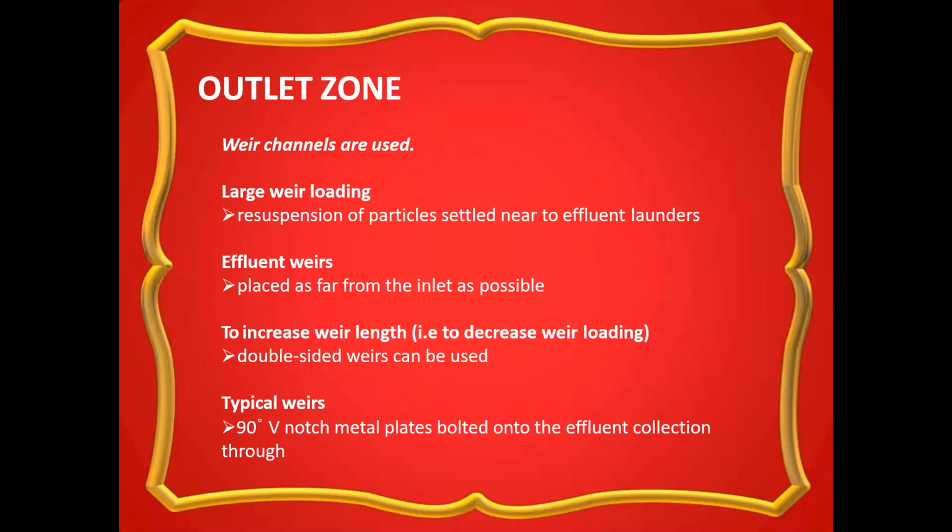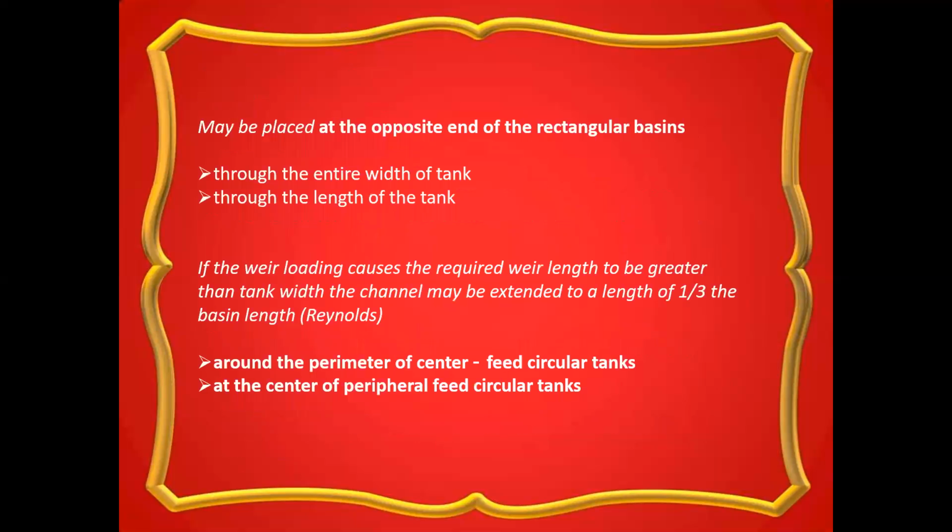Then effluent weirs are placed as far from the inlet as possible. To increase the weir length is to decrease weir loading, and double-sided weirs can be used. Then typical weirs are 90-degree V-notch metal plates bolted onto the effluent collection trough and may be placed at the opposite end of the rectangular basins through the entire width of the tank and through the length of the